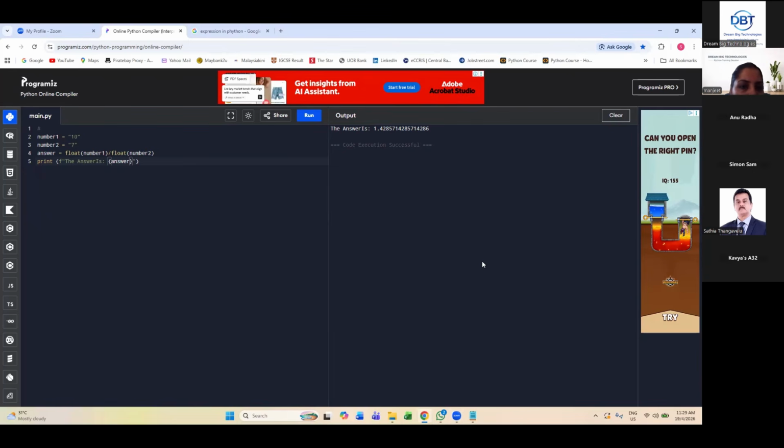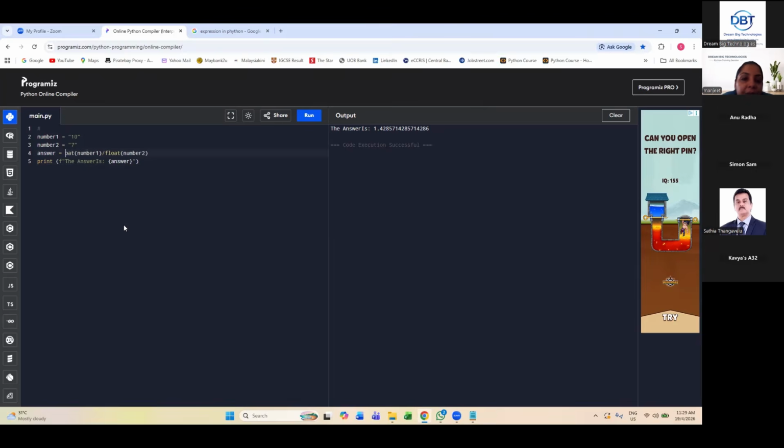Okay, this is correct. Float number. But the first number I told you to go ahead with integer. First number 10 should be converted into integer. So line number 4, I'm saying. In place of float, write int. The rest of the code is correct and you got the output. That is float. Round bracket, run the code.